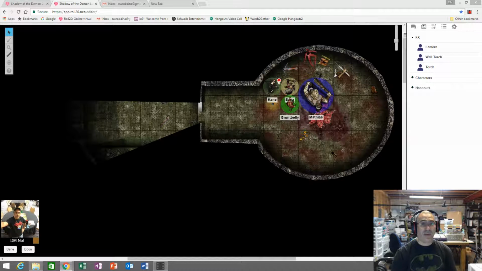But they're not going to do anything until somebody actually claims the jar. And then the second item is the ring. I figure that the ring isn't going to reveal anything until somebody puts it on, and so that's what I'm waiting to see: who has the cojones to actually do that. All right, so I think that is it for the last 2 sessions.